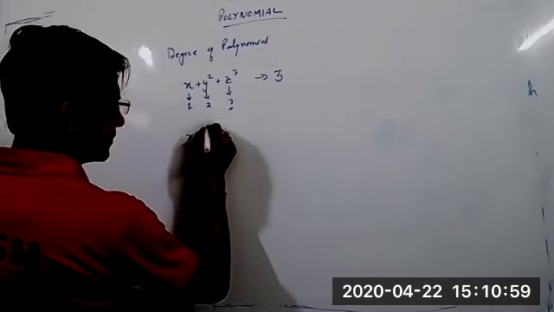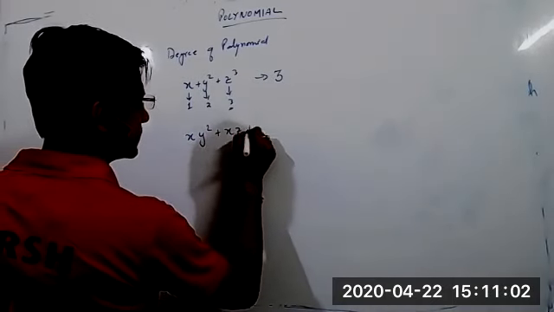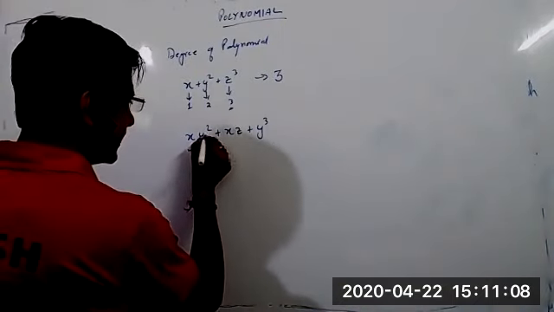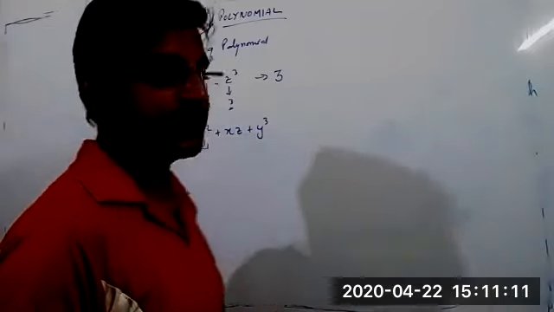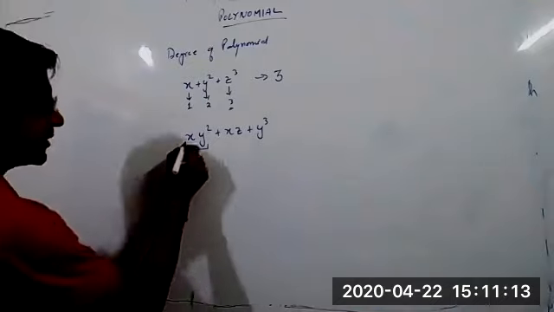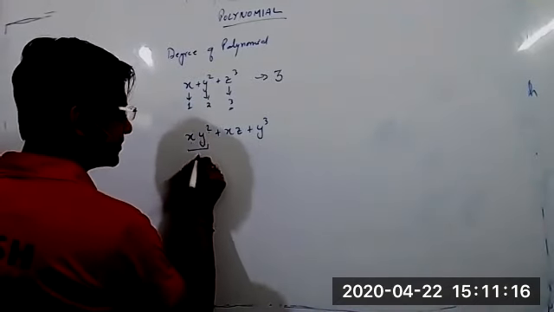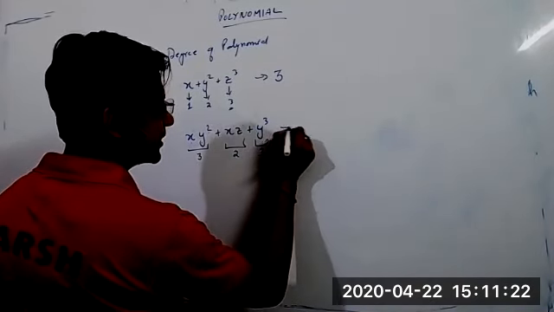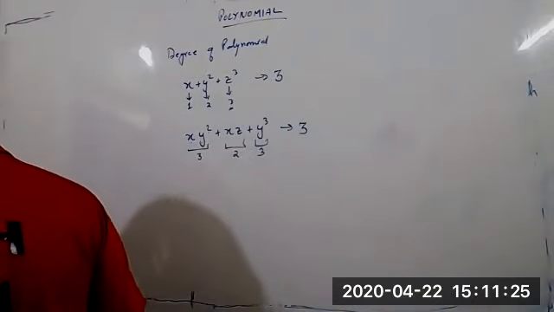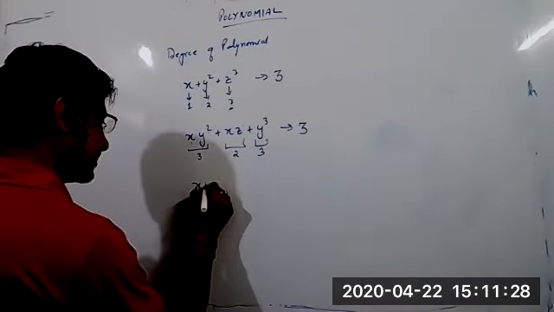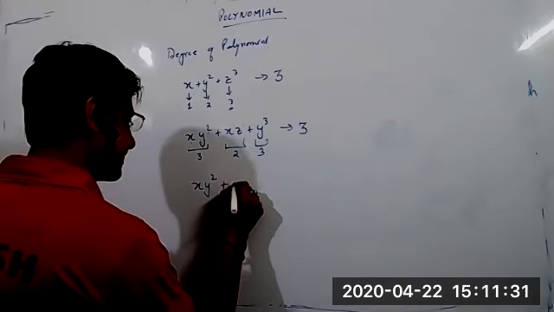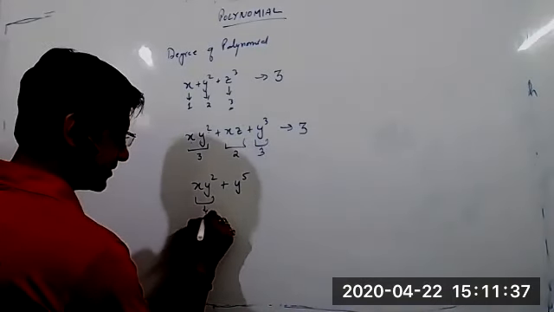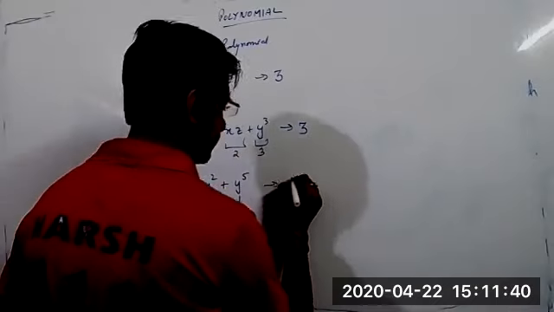Second, what is the degree here? Maximum 3. Here this is 2, and see, when there are two variables, you have to add their powers to find the degree. So there are two variables, so you have to add 2 plus 1, 3. Here 1 plus 1, 2. Here 3. So degree will be 3. If I write xy square plus y to the power 5, so here 3, 3, here 5. So degree 5.